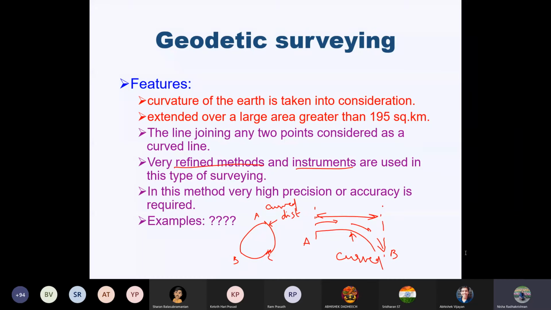Basically, surveying 1 forms the fundamentals of your surveying, so that you can understand what surveying is. As and when you go on, the techniques and methods will change, and the practical application comes into the picture. In geodetic surveying, you will be learning something slightly more advanced than what you learned in plane surveying.